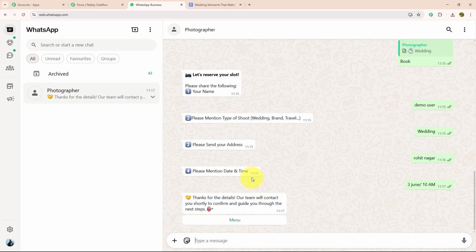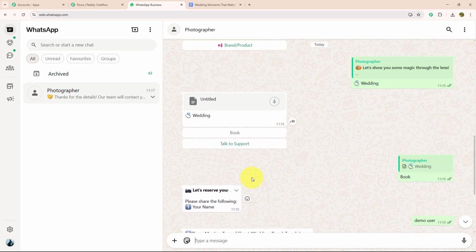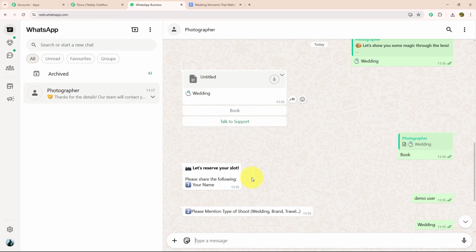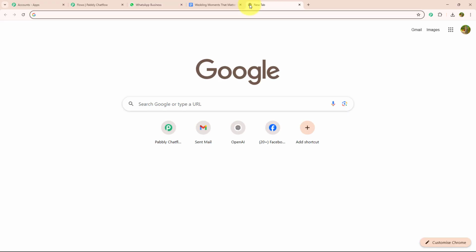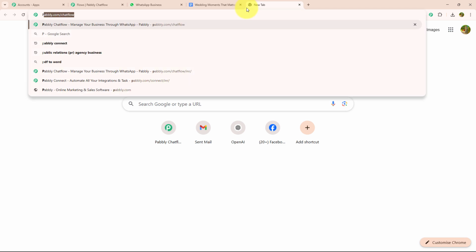So yes, as you can see, this chatbot is replying to me within seconds and made my customer experience so much better, that too without any manual effort. That's the power of Pabbly Chatflow. If you want to know how to create this amazing chatbot for your own business, then let me guide you further. For that, you need to open a new tab and search